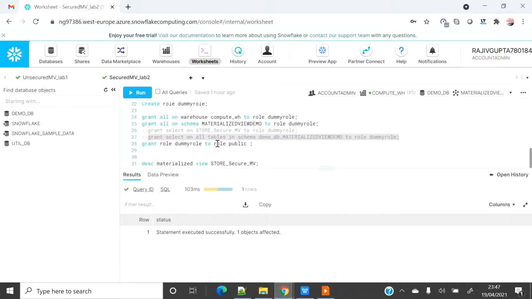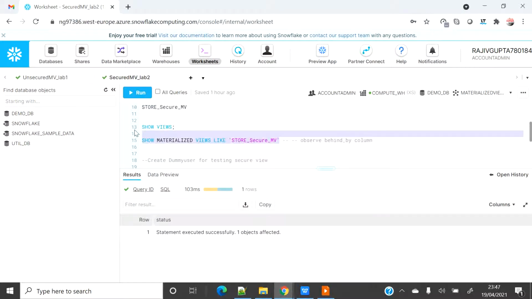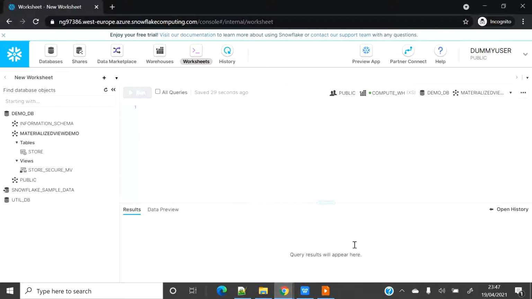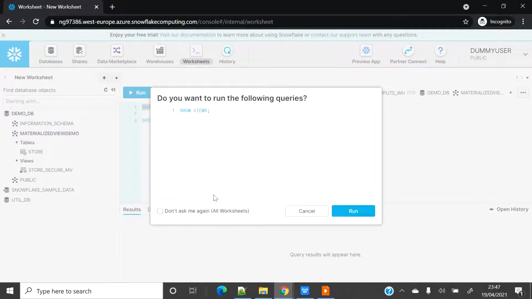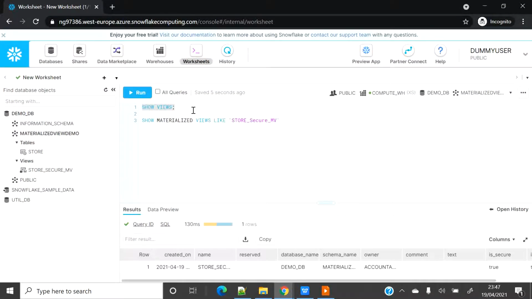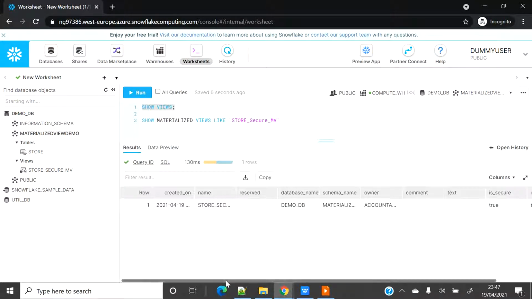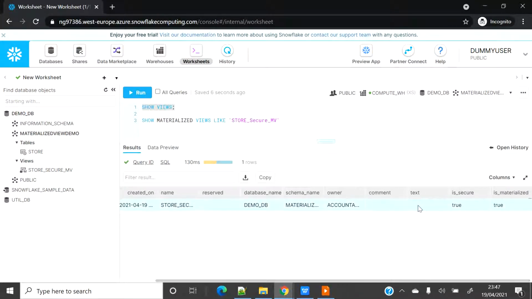Let's grab some code from here so that I don't have to write it again. Let's go here and copy this one. Okay. If you remember, I was able to see the syntax of the MATLAB view, but now if you see here, I don't see anything. This column is blank. What this means is that only the owner can see the definition of the MATLAB view if it's secured, and any user other than the owner of that MATLAB view will not be able to see anything.